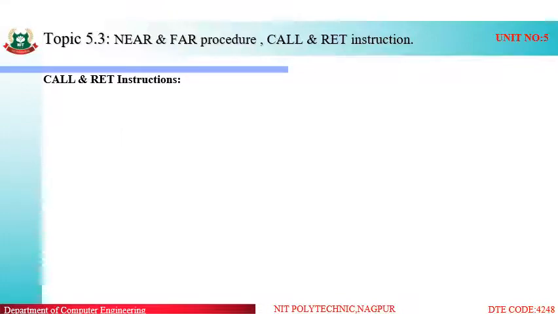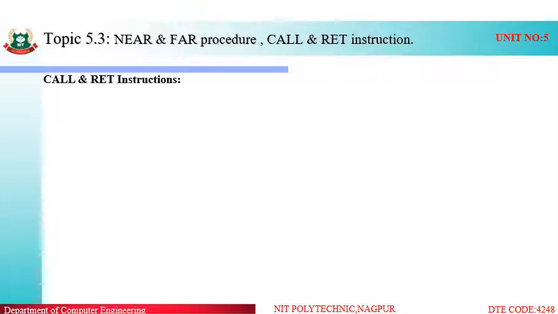Now the main part: whatever procedure we are writing, whether it is near, far, reentrant or recursive, we have to call that procedure from the main program, and after the execution of that particular procedure we have to return to the main program. Getting it? Because the procedure is also called a subprogram, when we have to call the particular procedure, we call it by procedure name.